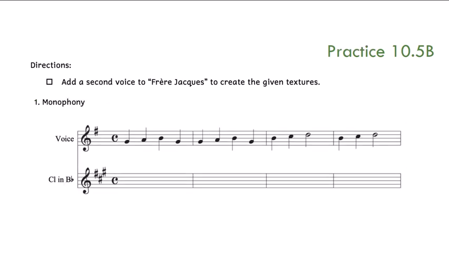Okay, so this is monophony, number 1. There aren't that many answers for this. However, this is written for clarinet in B flat, so we're going to have to do some transposing here. Remember that for a clarinet in B flat, you're going to write everything a major second higher than you want it to sound. Since this is monophony and we want it to sound in unison or in octaves,